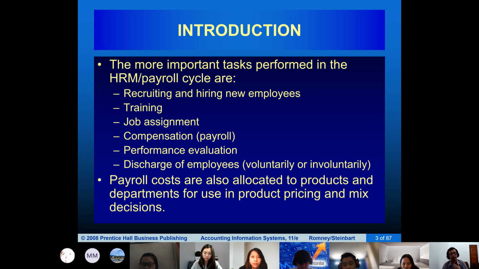Okay, so recruiting and hiring a new employee is a difficult process, and unlike purchasing a machine or building or land, if you recruit the wrong person, you cannot just fire that person.